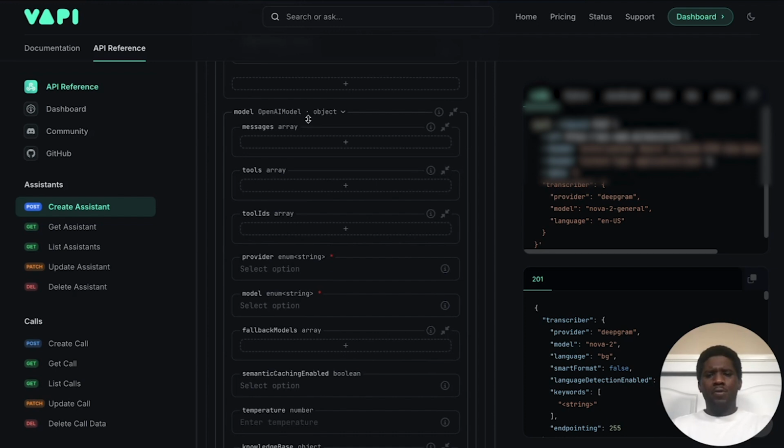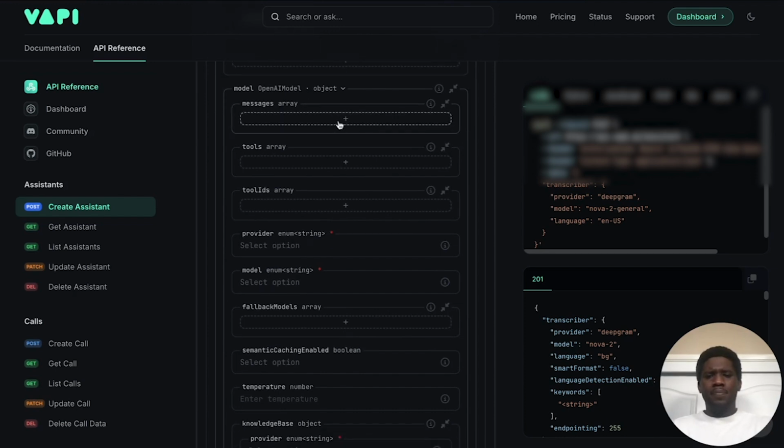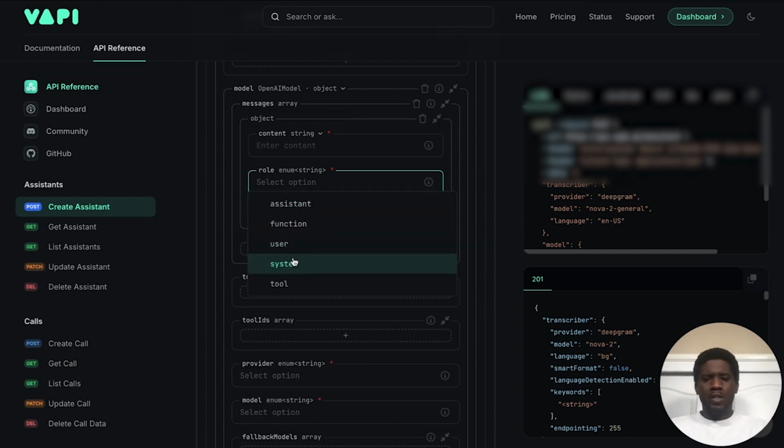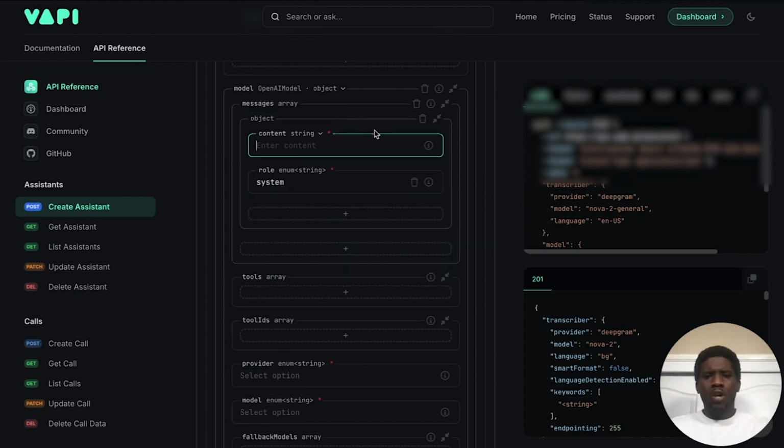And from here, we're going to use model. We're going to do OpenAI. Messages, now this is where the prompt would go. All right, and for the role, we're going to select system. So I actually pre-created a prompt, and I'm going to go ahead and show you guys that and how we